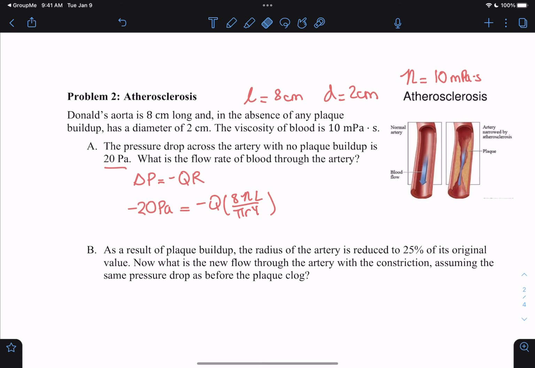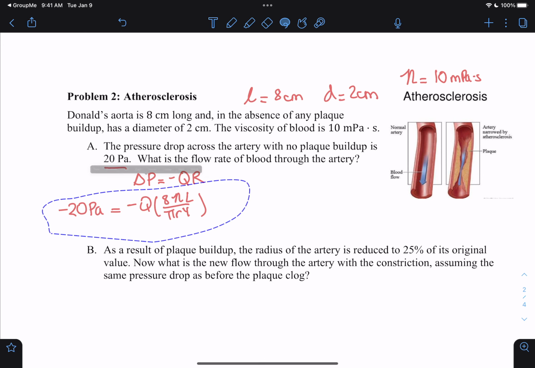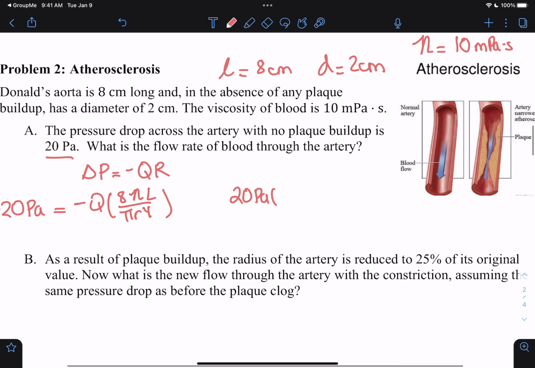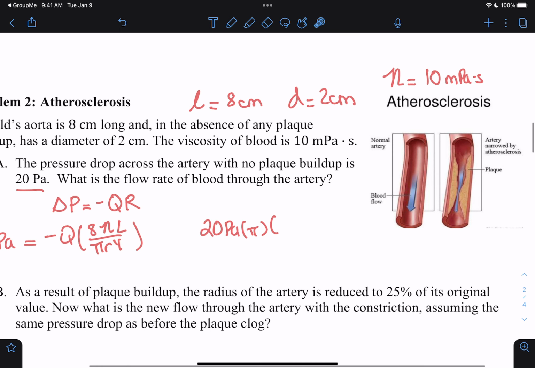Let me actually make this a little bit smaller here, move this over. So 20 pascals times pi times the radius, right? So we had a diameter of 2 centimeters. The radius is half of that diameter, right? So our radius is 1 centimeter, and 1 centimeter we can convert to meters, which is 0.01 meters raised to the 4th power,